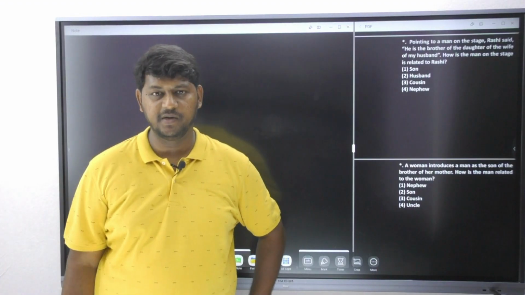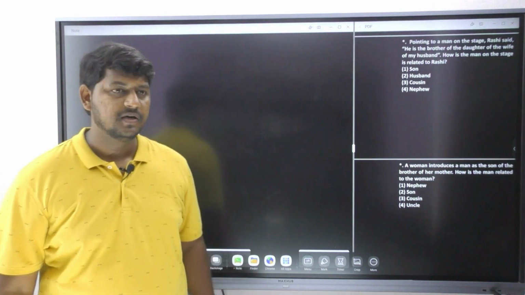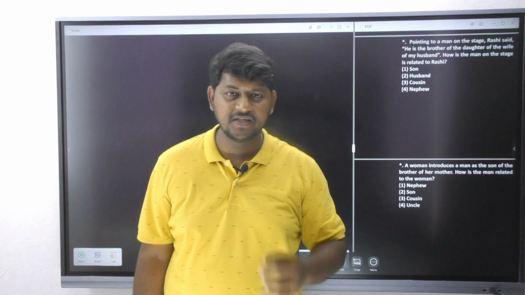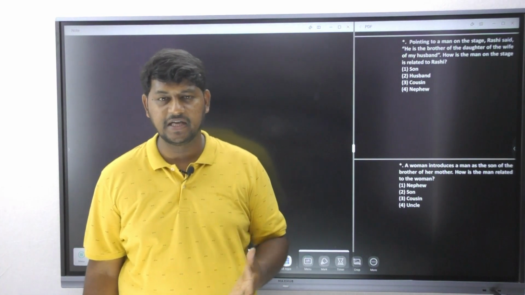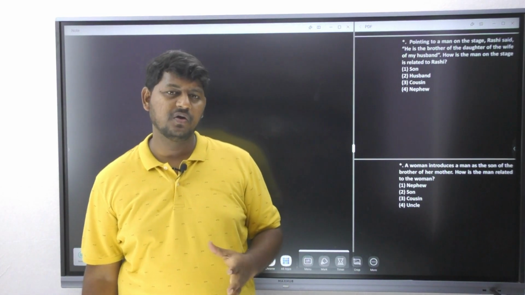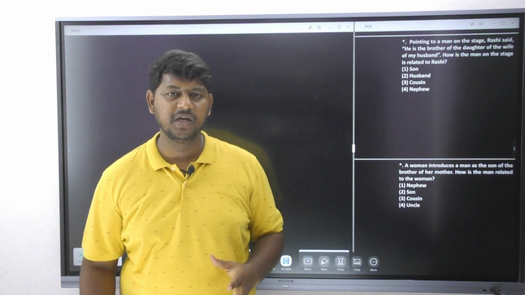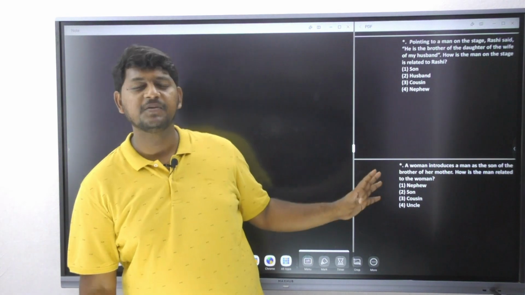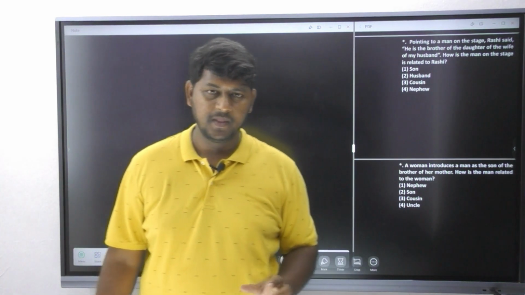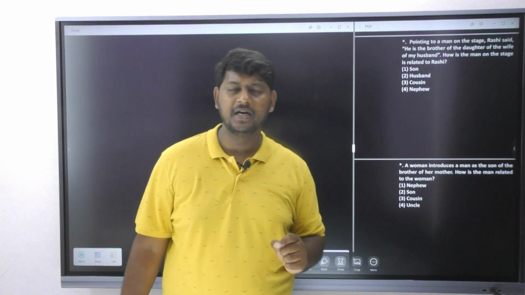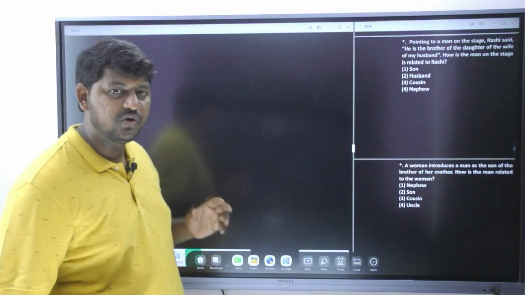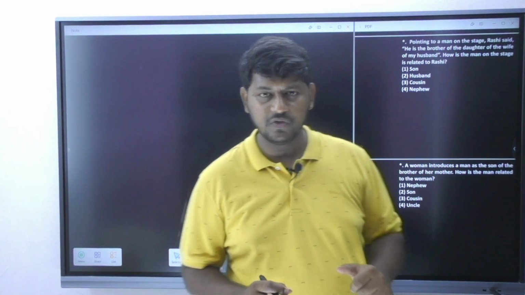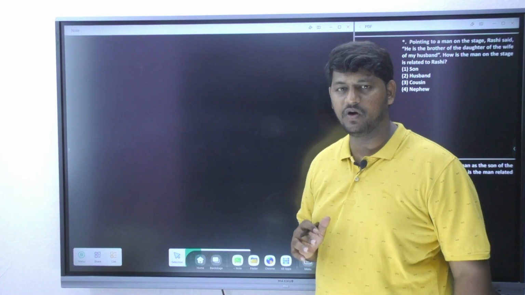Move on to the second model, that is pointing to a photograph, model number 2. As of now, we have seen the questions based on the individual and the paragraph questions, which are not going to be very hard. They are going to be very simple. But model number 2 is going to be a bit complicated. But we are going to understand the basic information, a shortcut. You don't have to worry about the question. Listen to the shortcut.